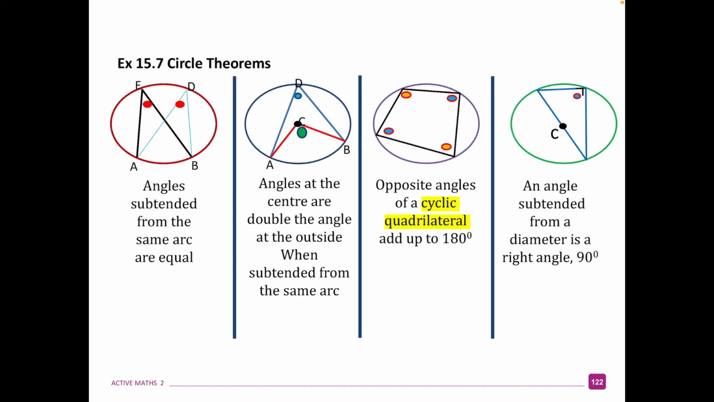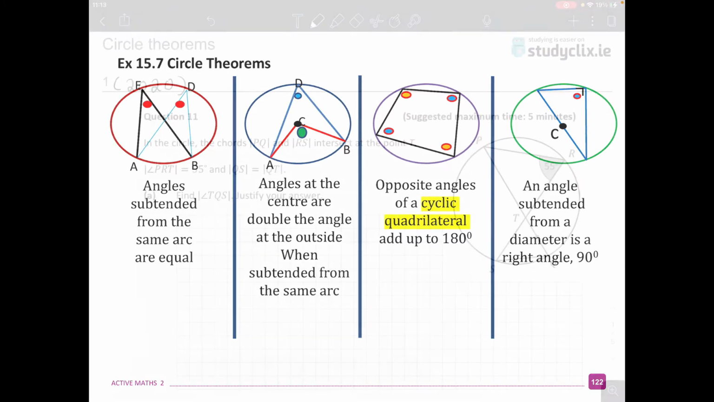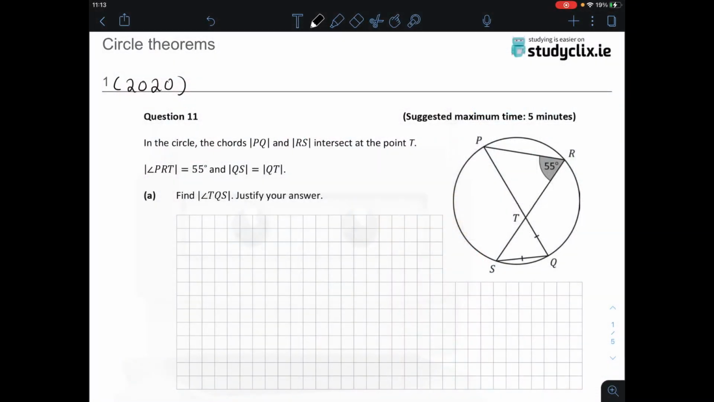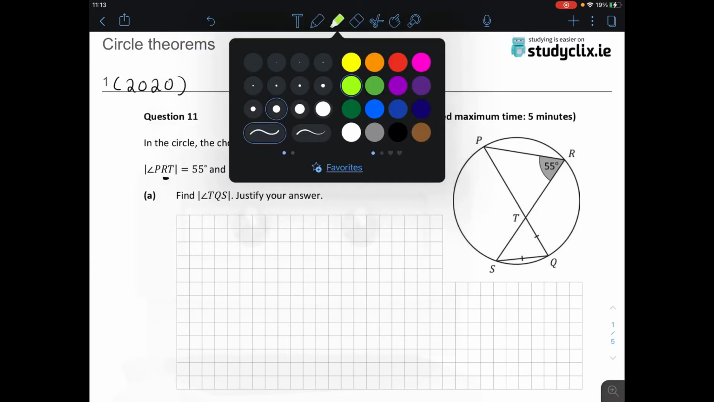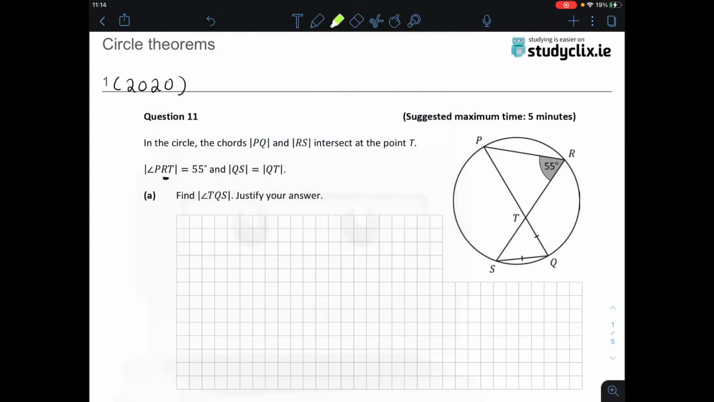In the following questions, we're going to be looking at exam past paper questions on the circle theorem, where we have to use these following theorems to solve for an unknown angle. Let's have a look at exam questions on the circle theorem. So let's talk through one of them. So in question 1, which is the 2020 paper, we're told that we have a circle as shown. We're told that the angle PST, so remember your angle,